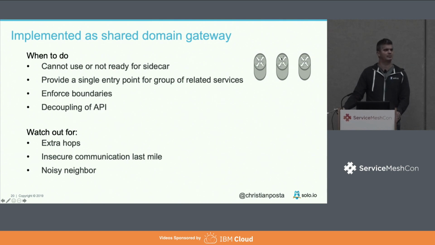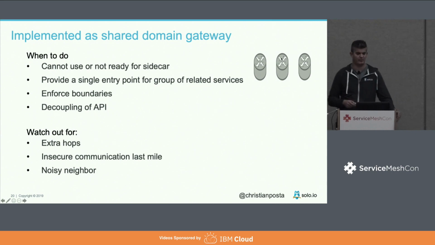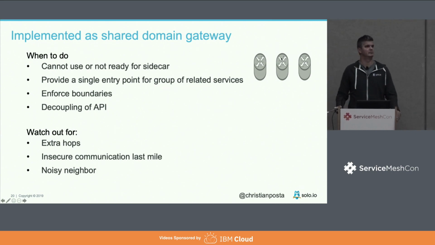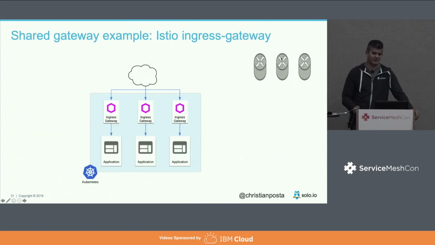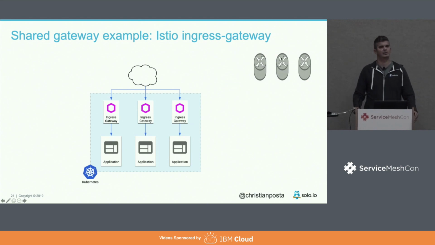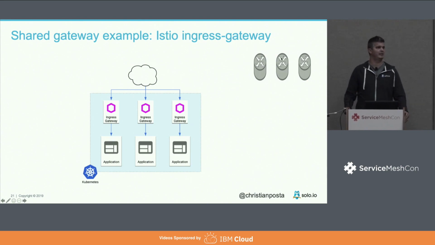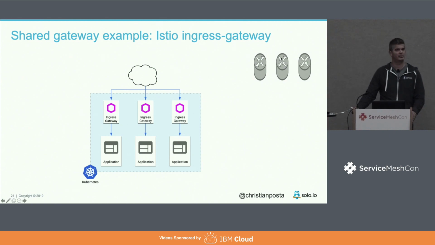It's likely that the last mile to the service from the proxy could be insecure, depending on the rest of your security story and how services communicate. And of course, whenever you're sharing resources, you may find the possibility of contention and lack of isolation. Now, Istio is a service mesh, as you probably know, that supports both the sidecar proxy deployment as well as